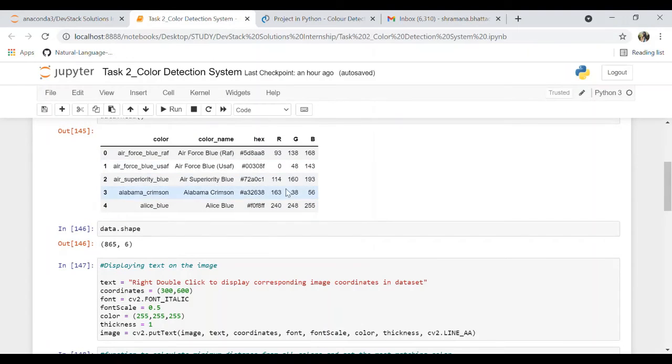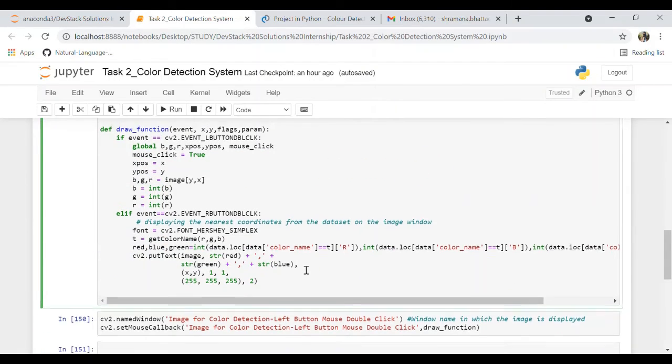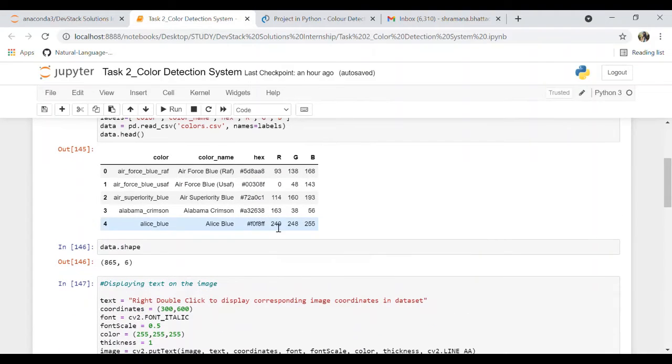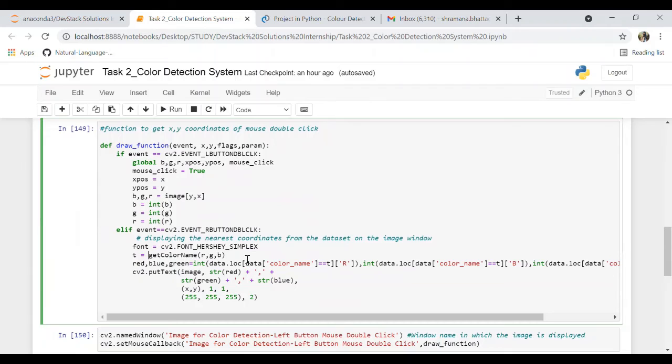We have got values such that the nearest distance d has been calculated and the color that has been returned, the name of the color, is Alice blue. So this particular elif section will display the RGB values to be 240, 248, 255, so that we get an idea that these were the values of the red, green and blue. They were the nearest coordinates that could be accessed, and the corresponding color Alice blue was returned. So that is what this particular section of the code is doing.